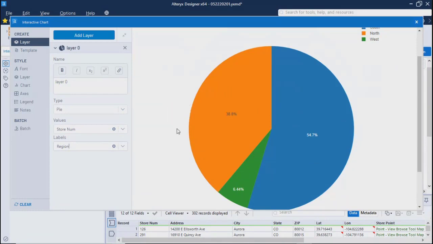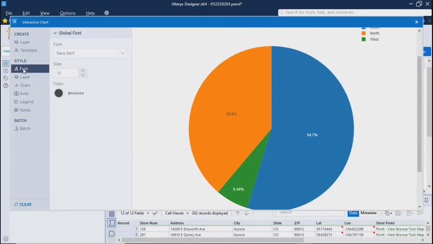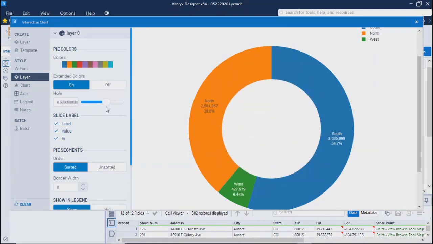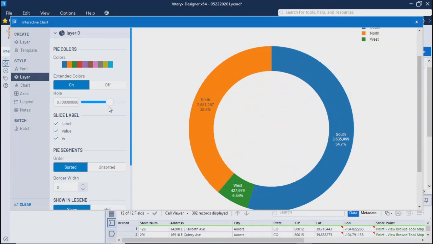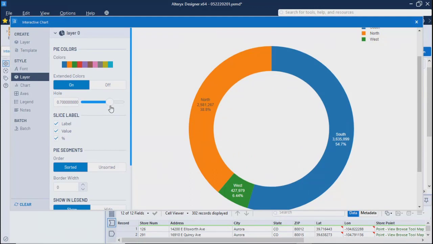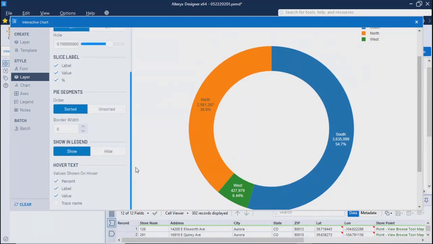As soon as we added this layer, you can go to font, do the formatting whichever you want, color of font, layers, what color you want, right? Labels you want to show, values you want to show. See, you can just create the donut chart out of it. Not like Tableau, where you need to create a dual axis chart and then create a donut. So these types of functionalities they offer by default.